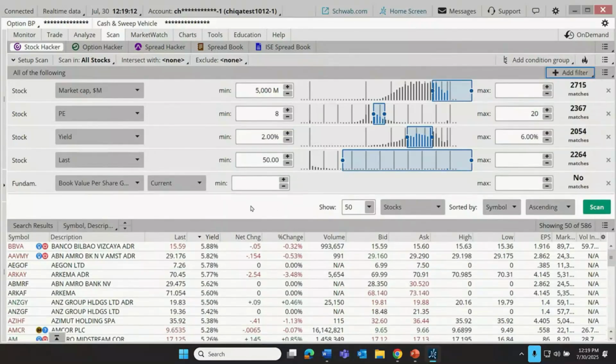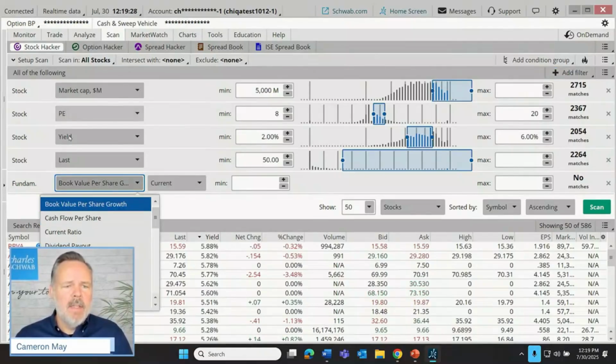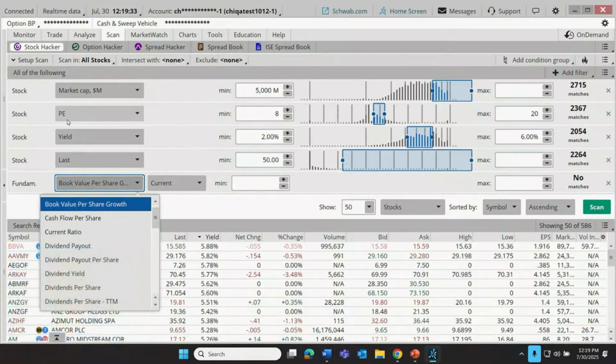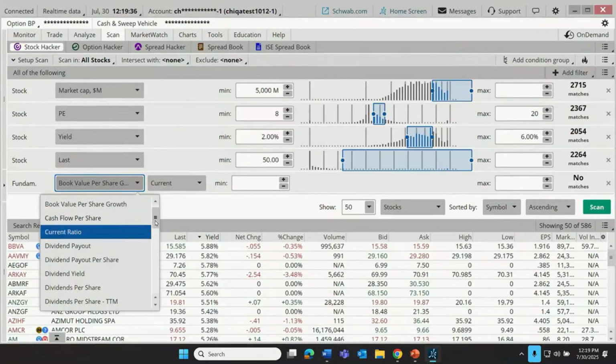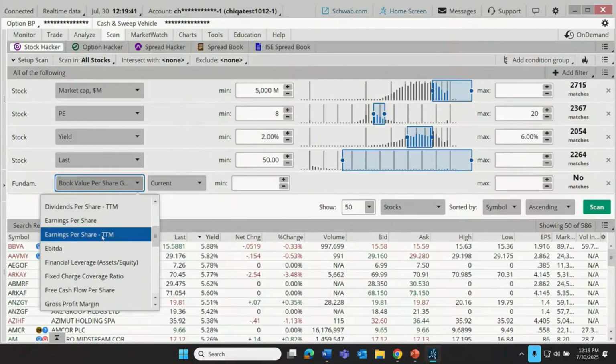Fundamental filter, as I mentioned before, is looking at the fundamentals of a company. It's setting stock charts aside and looking at value metrics, growth metrics, those kinds of things. Let's say that our hypothetical investor here, we've already filtered for dividends and price to earnings, but what about earnings per share, just bottom line? Let's do earnings per share, TTM. What does TTM stand for? That means trailing 12 months, the earnings of the company over the last 12 months.